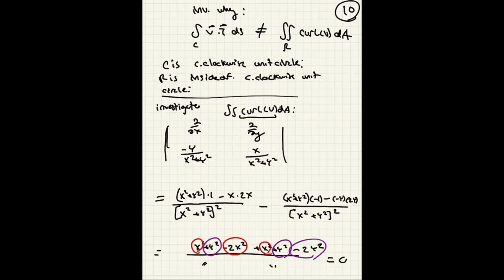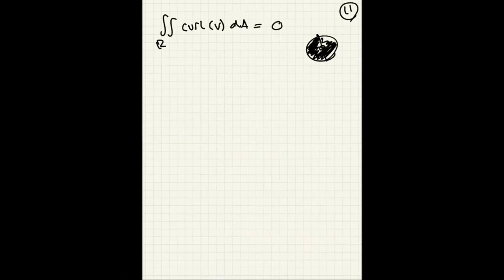So I'll move to this next page. This was just kind of computation. I really should get better at writing smaller. So it's just page 10, so page 11. So if you did want to do the double integral of the curl over the region R, you're basically just integrating the constant function 0 everywhere except that little point. And so you'd be integrating, you get 0 at the end of the day. If you did want to do this integral, okay? On the other hand,